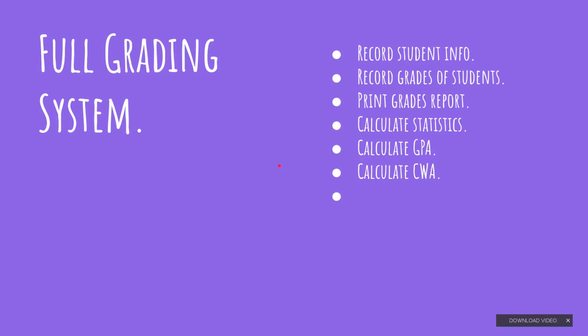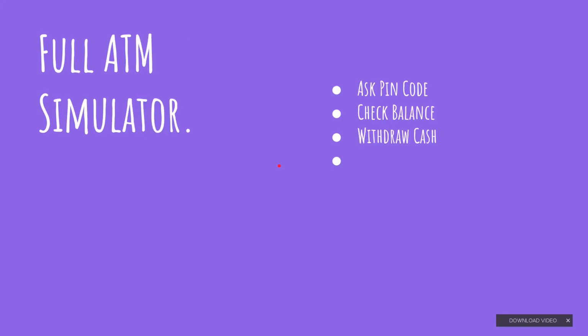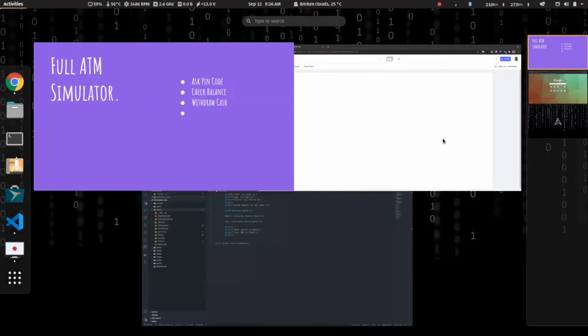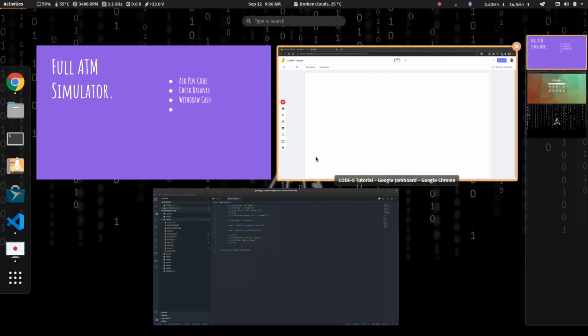Before I end, the exercise for this week will be the full ATM simulator, right? So write a code to simulate the ATM. When the code is running, it will first ask the user for the PIN code, and when the PIN code is correct, it will ask, do you want to check your balance or do you want to withdraw cash? And based on whatever happens,